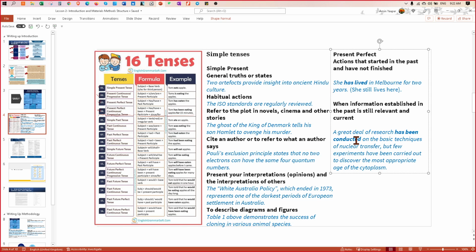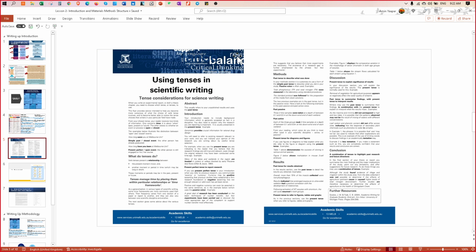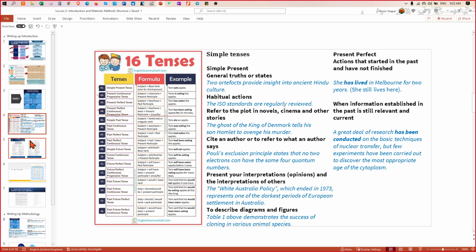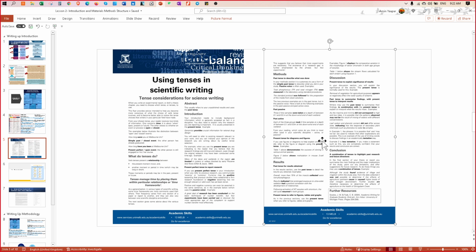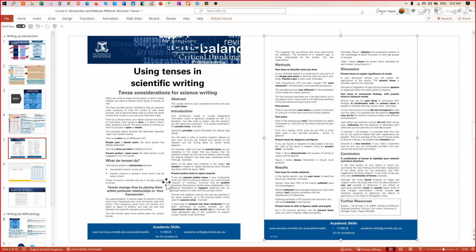If you couple this correct structure of tenses and sentences, then further use Grammarly to check any imperfections here and there, you're going to make a very decent write-up. So I found this from the University of Melbourne. This is to further help you. I think we can make this bigger. Let me make it bigger.